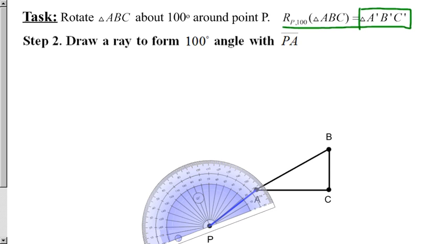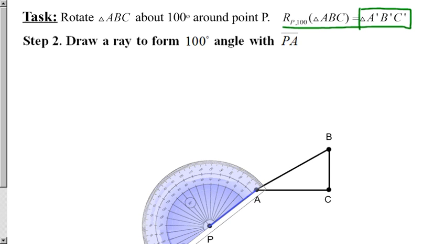So first, place your protractor at point P, right there. And I see a 100-degree angle right around there. So I'm going to construct a ray starting at point P all the way to the angle 100. So right there is my angle 100. Alright, so now what do I do with that? Next step